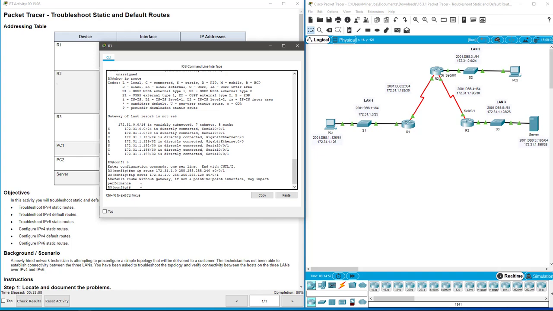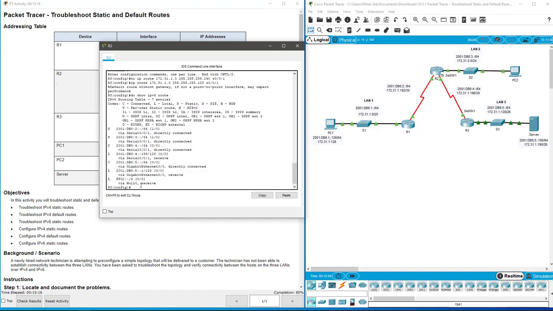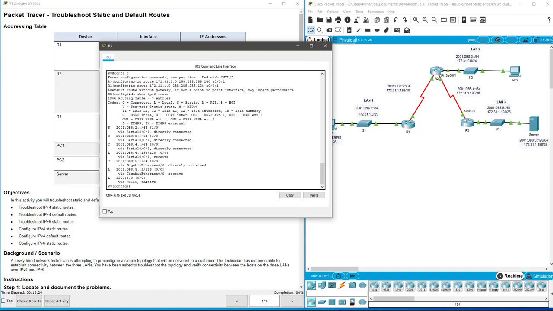20 more points to go. I bet it's an IPv6 on router 3. So let's do a show IPv6 route. And let's see what we've got. And 2 statics, is that all? So we've got 2 statics here. Probably should have a third because there's 3 networks that are not directly connected. So let's see what we got here. So we've got 2001 DB82,